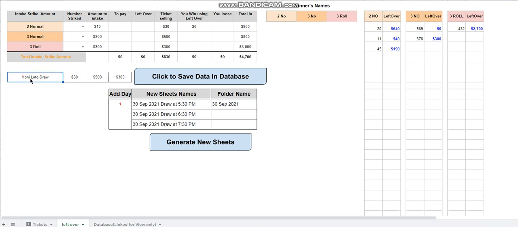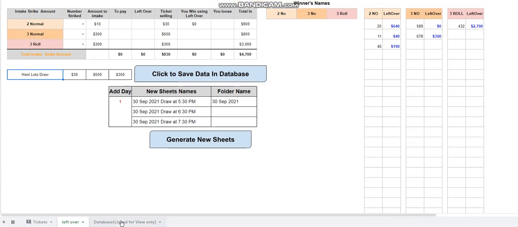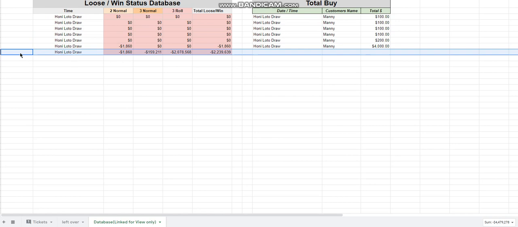You will see the updated name of the file here, which you can then click this button to update in the database. The database, as we know, is separate, but just to avoid wasting time, I have given another link of the database linked for view only, so you can see all the database's current status here. So let me put this button. You can see currently we have data till here, right? Let me select this row, and you can see the data will be updated in this row